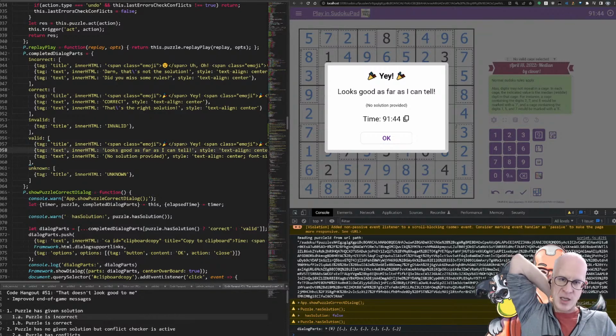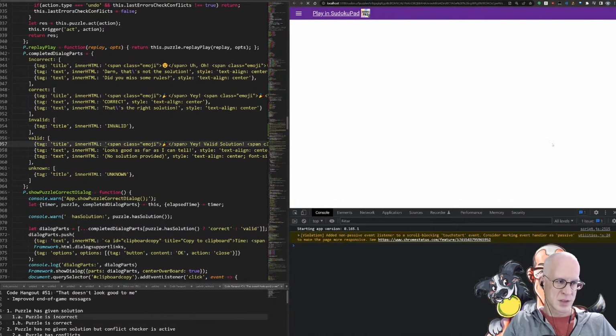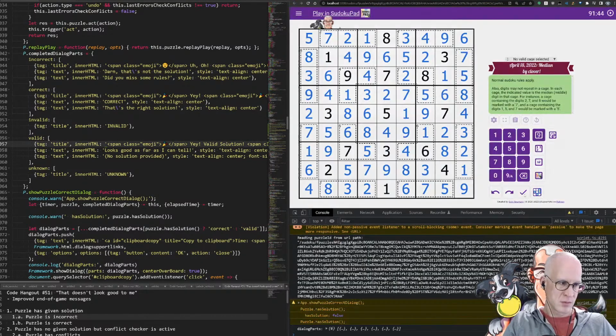I'd like to change the yay now to actually include correct and valid. Like, yay, valid solution. What does that look like? Too big, maybe?